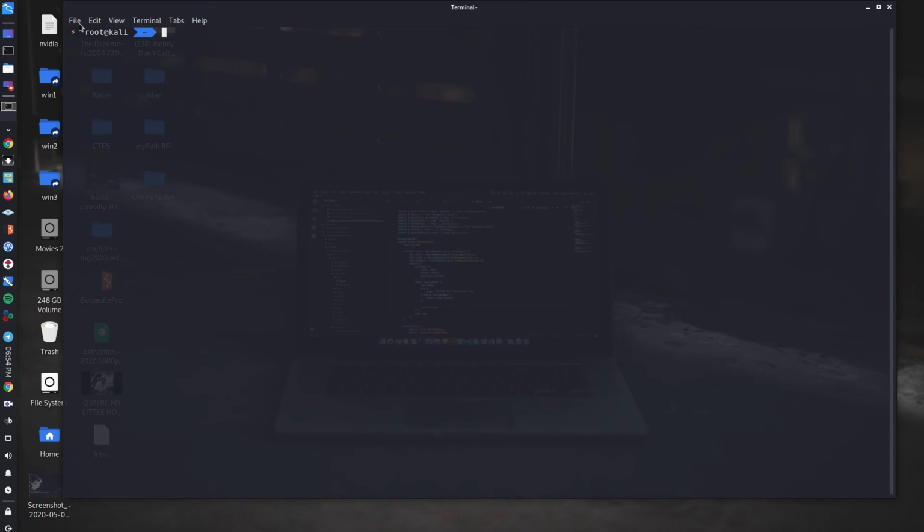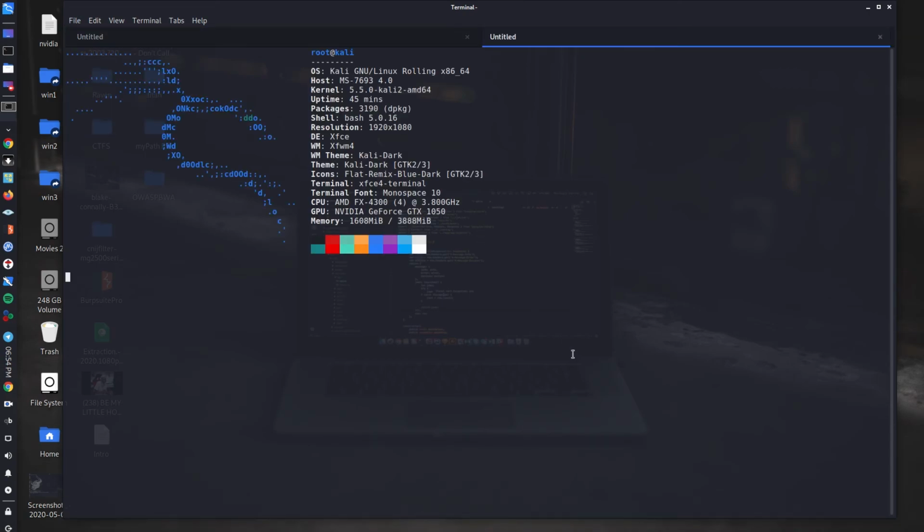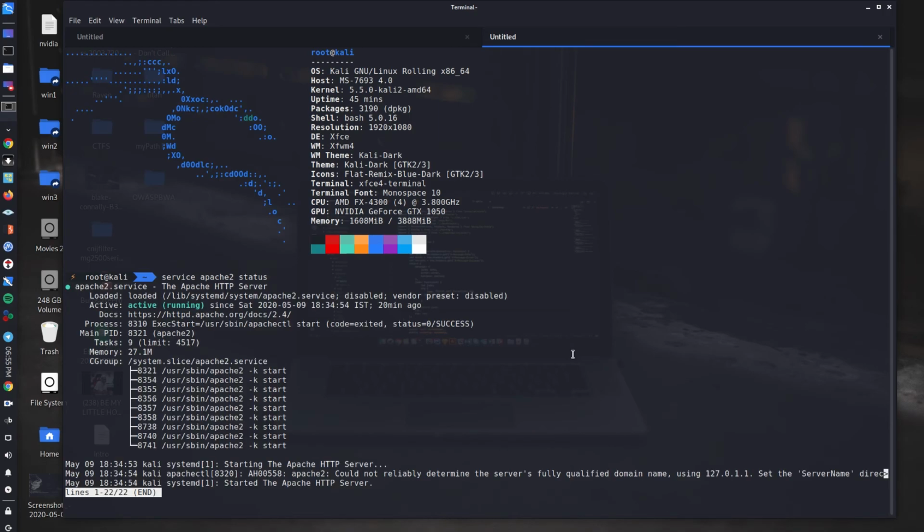Before starting BEEF, you need to start your Apache web server. Mine is already running, so let me just check it: service apache2 status, and it's running.